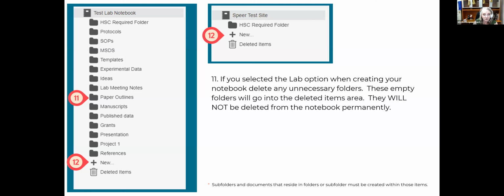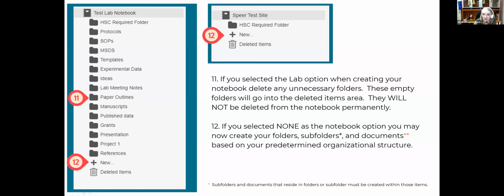They will not actually be deleted. They'll go into this deleted items trash can folder and not be deleted permanently from the notebook. And if you selected none or you need additional folders here, you'd use the new button to create new folders,